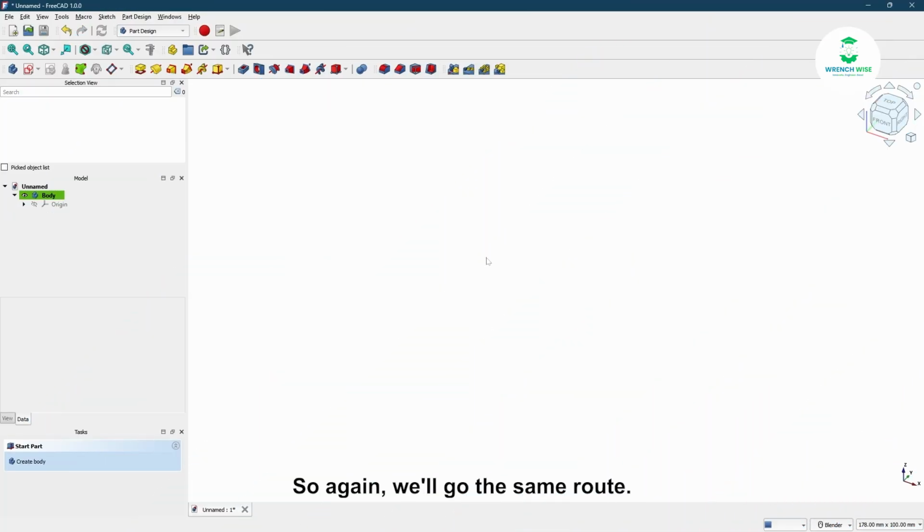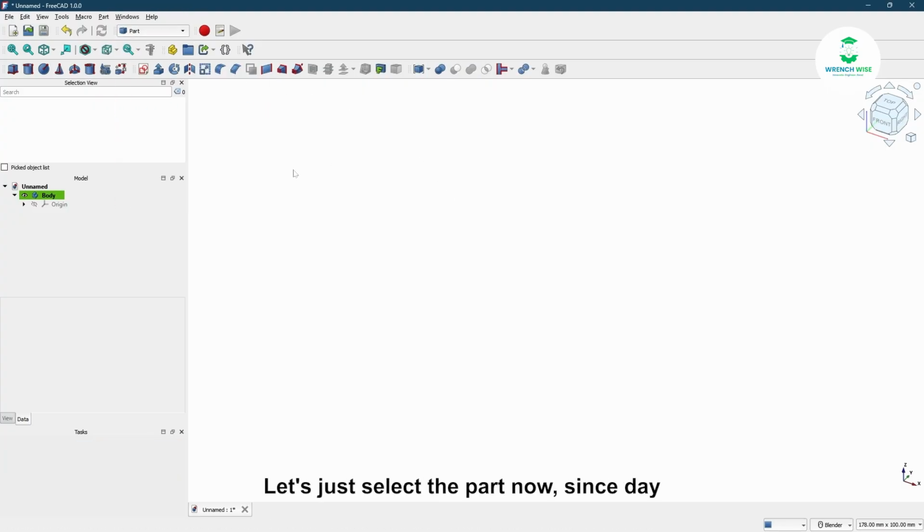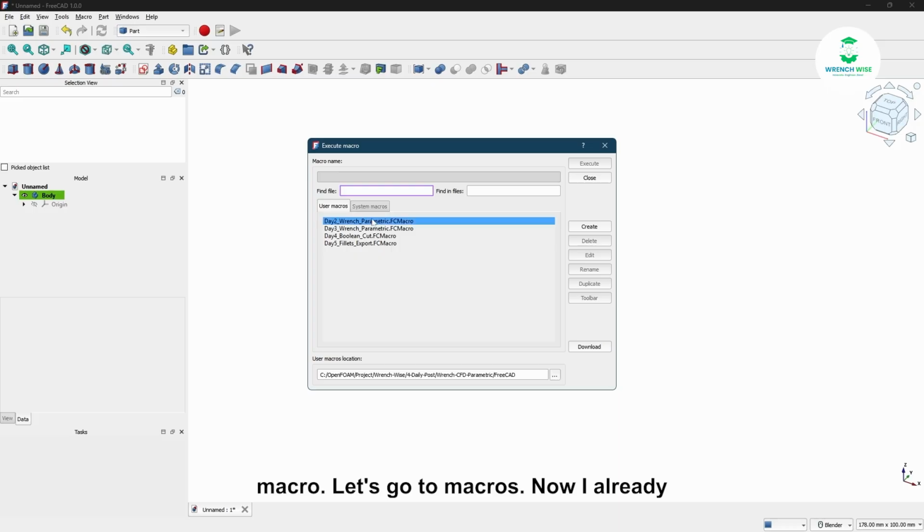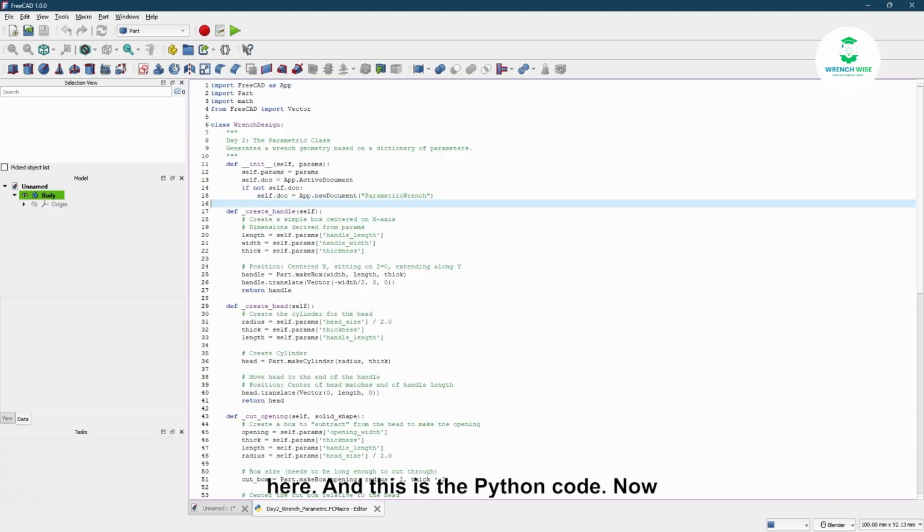Welcome back to day 2. So again, we'll go the same route. Let's just select the part. Now, since day 2 is all about macros, how do we interface Python with FreeCAD? Let's go to Macro, then Macros. Now, I already have the day 2 macro ready, but you would probably need to create it with this .FCMacro extension. But since I already have it, I'll just click on edit here, and this is the